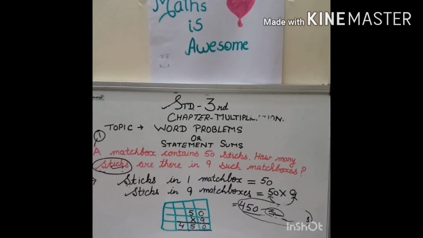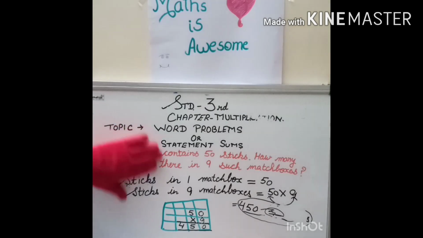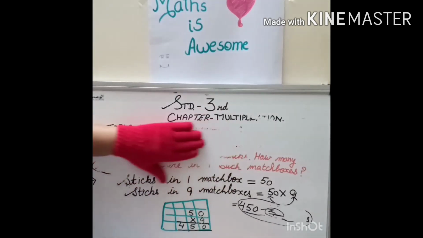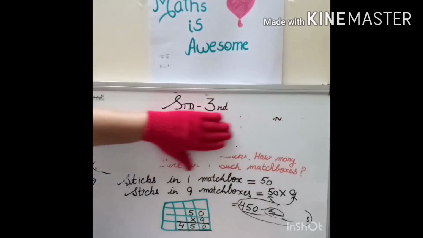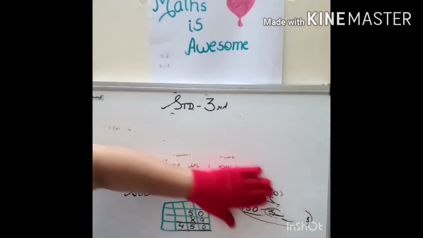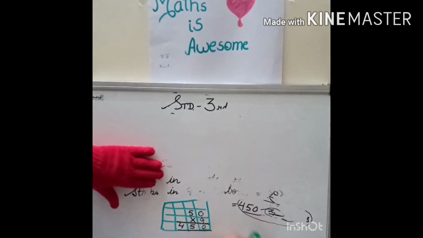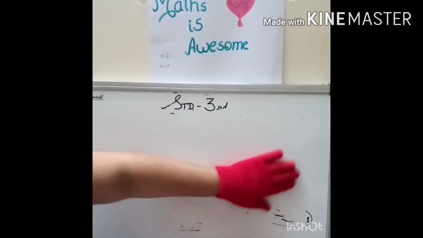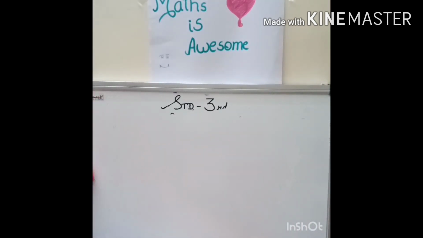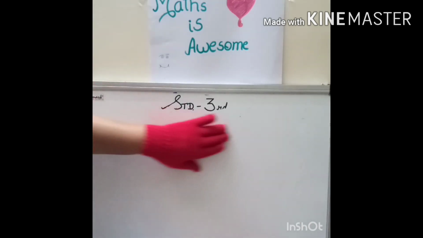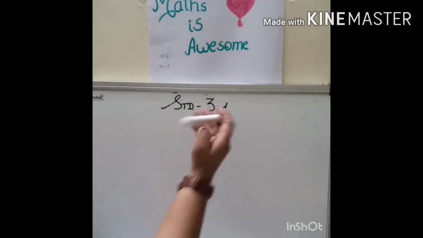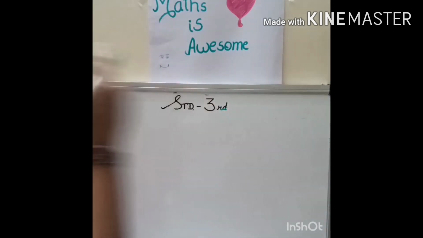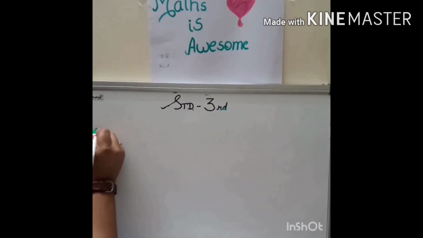Okay children, now I am going to give you one more question related to word problems, and now you will find out whether this question is related to multiplication or addition or subtraction. Okay children, our next question is, there are 75 toffees in a box. Yes, I know all of you like toffees, children. And you must be thinking why ma'am is reminding us of toffees in this lockdown period. Okay, never mind. In the question it's given, children. I'm sorry.